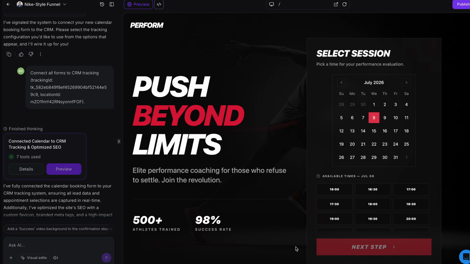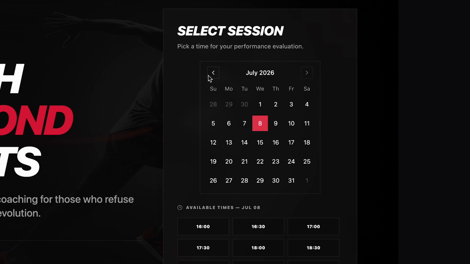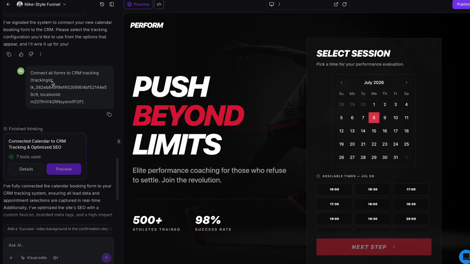Hey, so I quickly want to jump in here in case it wasn't too clear during the video, but this calendar system over here is mainly a front-facing calendar user interface. This isn't a real calendar, but the system will connect it to a pre-existing calendar that you have created inside of HighLevel. So how it works is you just say, hey, you want a calendar on this page. It will create this calendar over here,